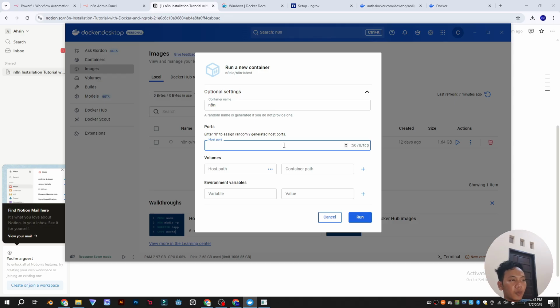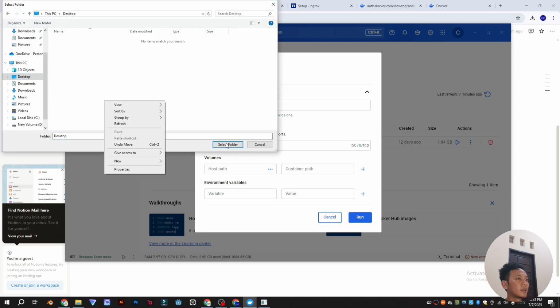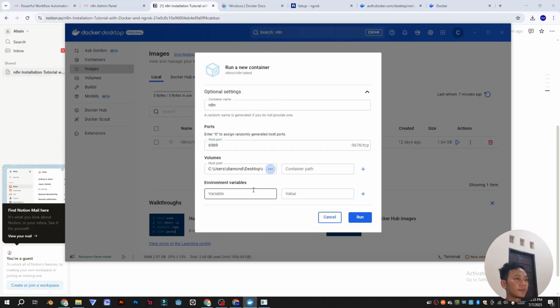This is the port you wrote in ngrok before, so 8989. For host path, we can create a folder on our desktop. Just create a new folder, n8n, and select this folder.